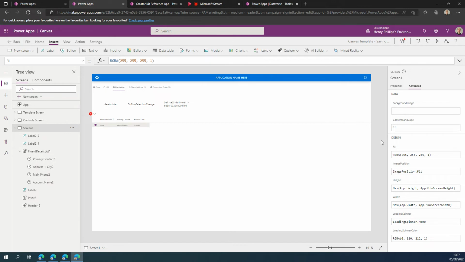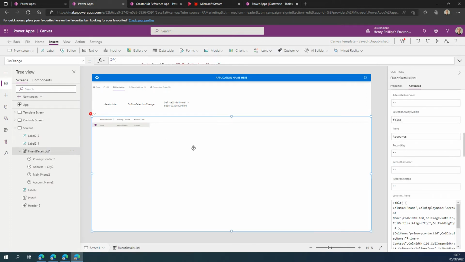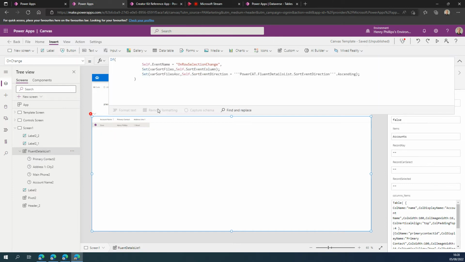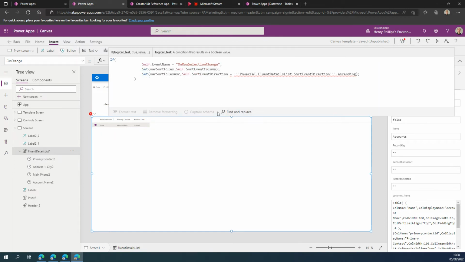But if you end up down the path that I have, you may find yourself in an infinite loop where you say navigate to a screen after selecting it, all well and good. It performs the action you want when you select a row. But when you come back to the original screen, it fires the on change again and it keeps taking you back. So the way I've combated that is, in the on change,